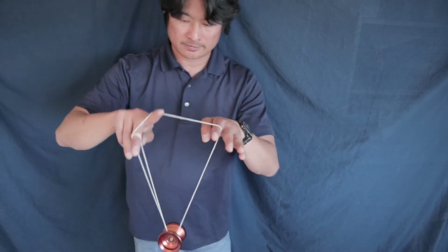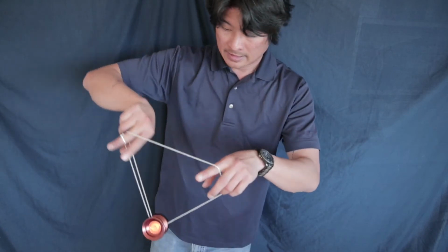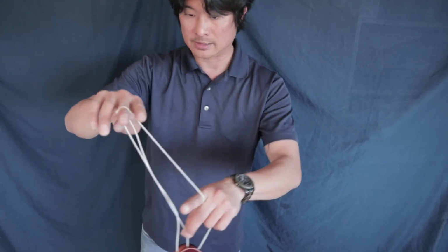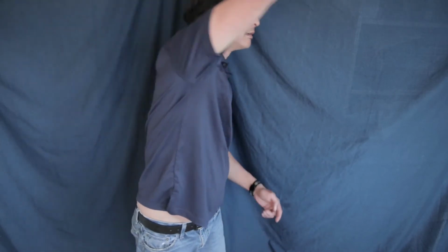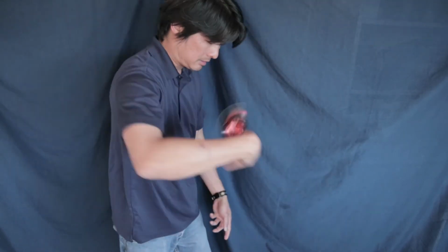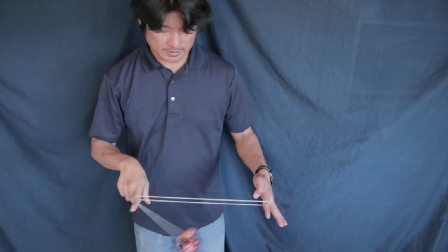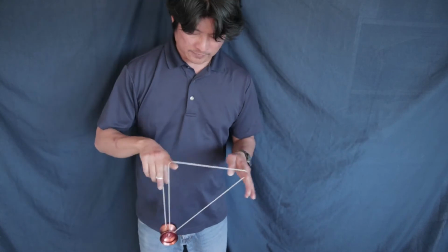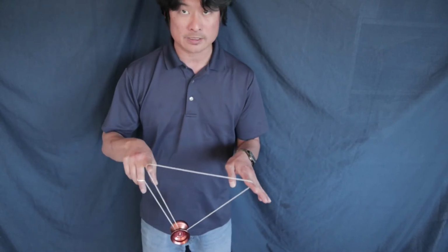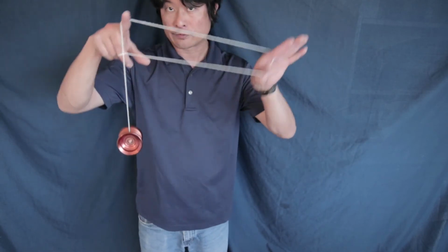So now if you look at it, it's on the string that's coming from my throw hand middle finger. And if you'll notice, there's a cross right there on the string. Okay. So the hop takes a little bit of practice. If you want to try to figure out the trick first and practice the hop later, the best thing to do is pop your yo-yo off to your front,